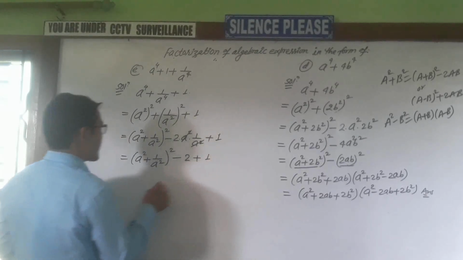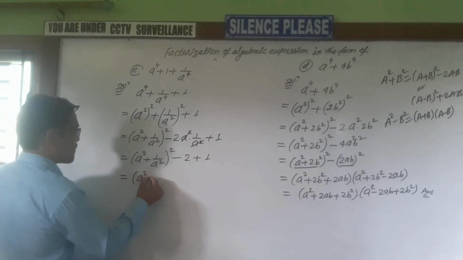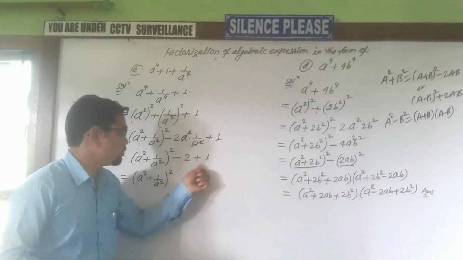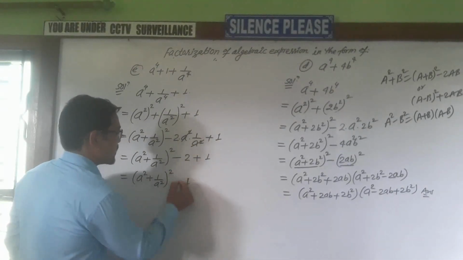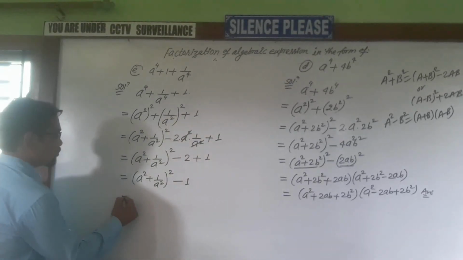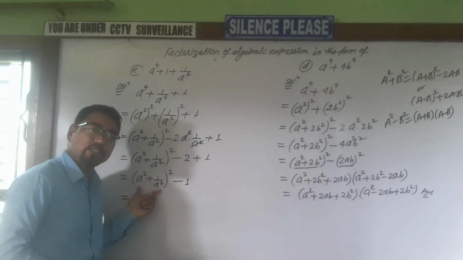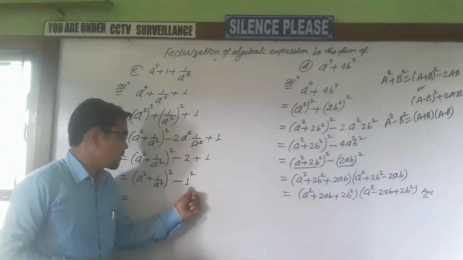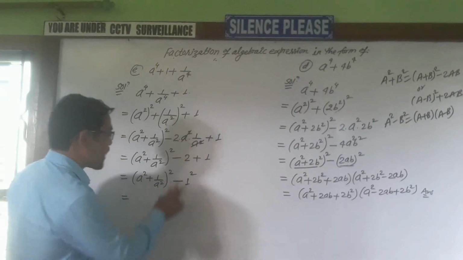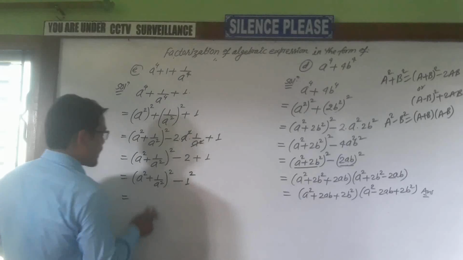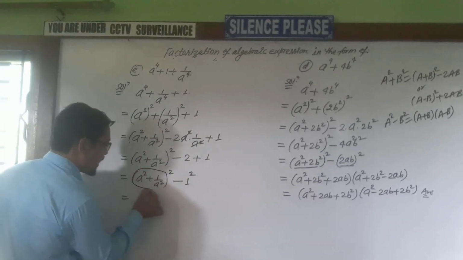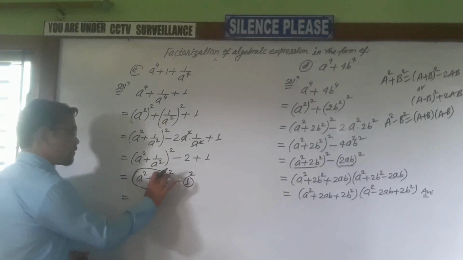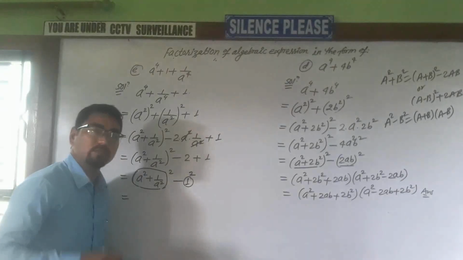These two terms we can subtract. This is equal to a square plus 1 by a square, its whole square, and minus 2 plus 1, we can subtract: 2 minus 1, 1, becomes minus because 2 is greater, so minus we write here. This is equal to, everybody knows, it is now in the form of a square minus b square. This is a, this is b. This is 1, we can write 1 square. If there was 25, then we could write 5 square, but here we only have 1, so we can write 1 square. Now we can suppose this a and this b, and apply the a square minus b square formula. That is a square minus b square is equal to a plus b, a minus b.